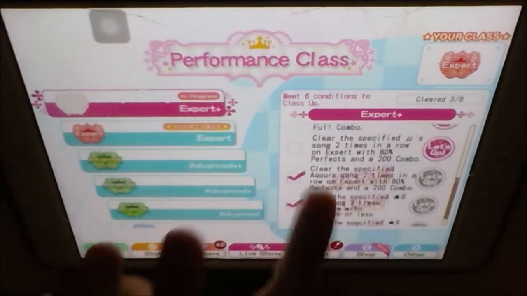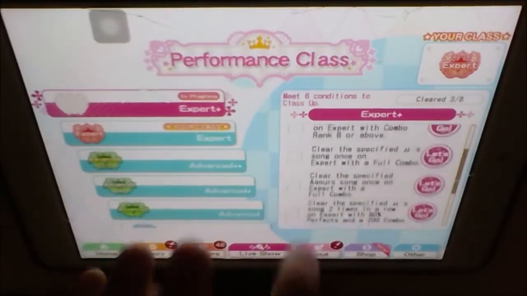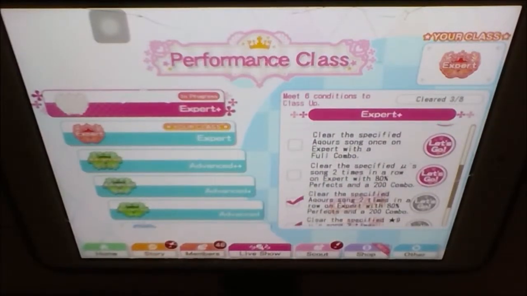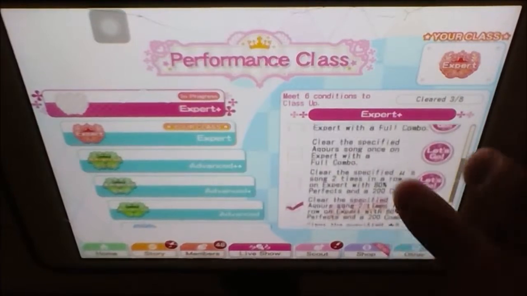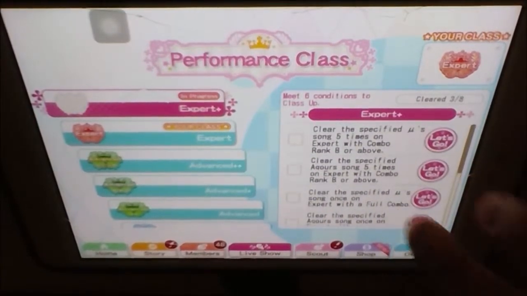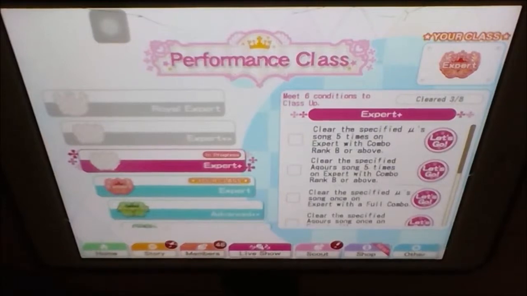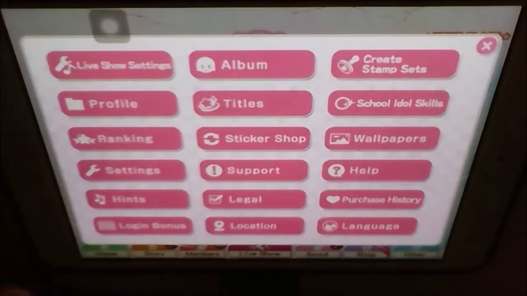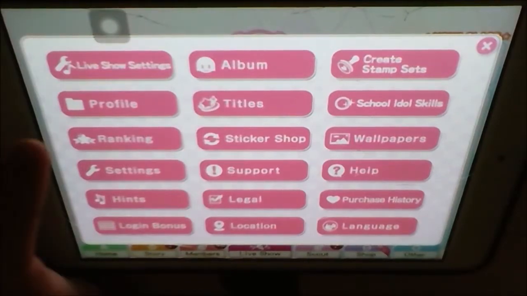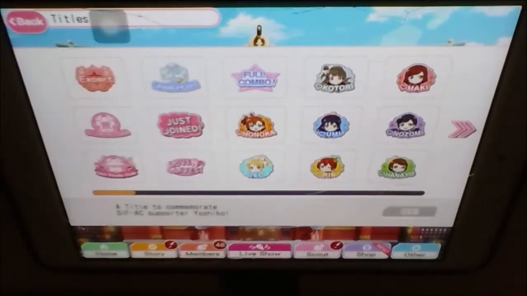Yeah, you have to do all the quests that you want in the performance class in this level, so you can get into the Expert Plus and the Royal Expert, which, if you have a Royal Expert, it's simply going to help you upgrade the titles right at the beginning of the